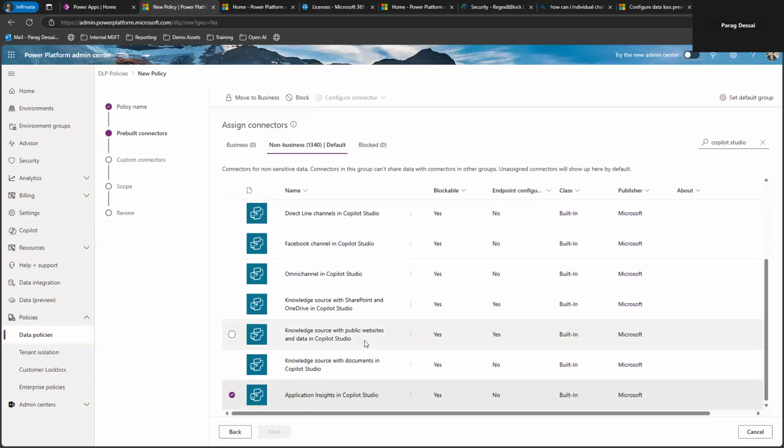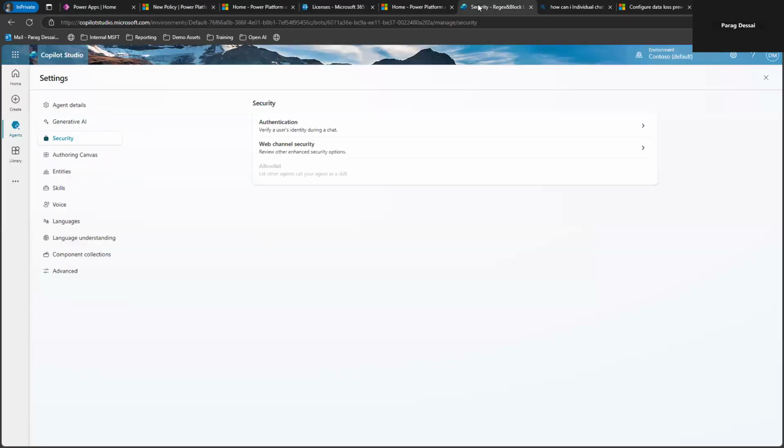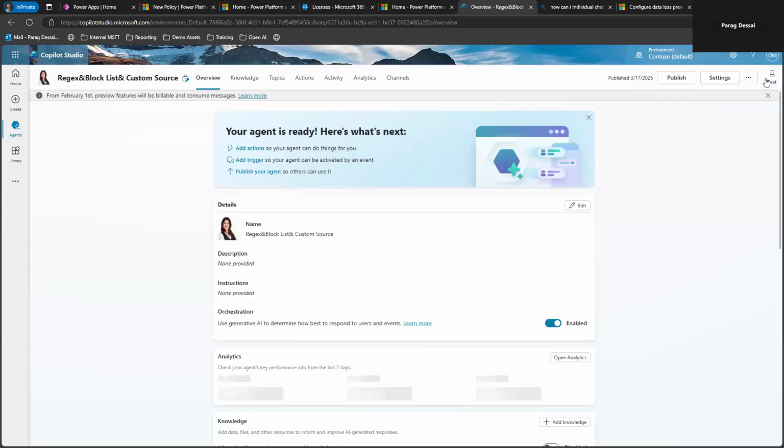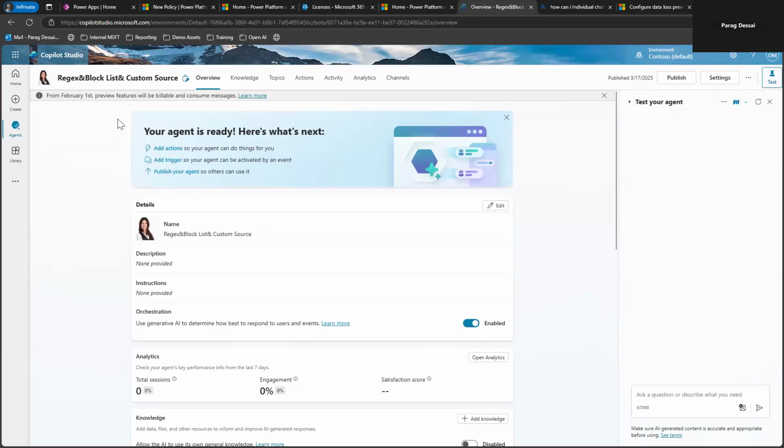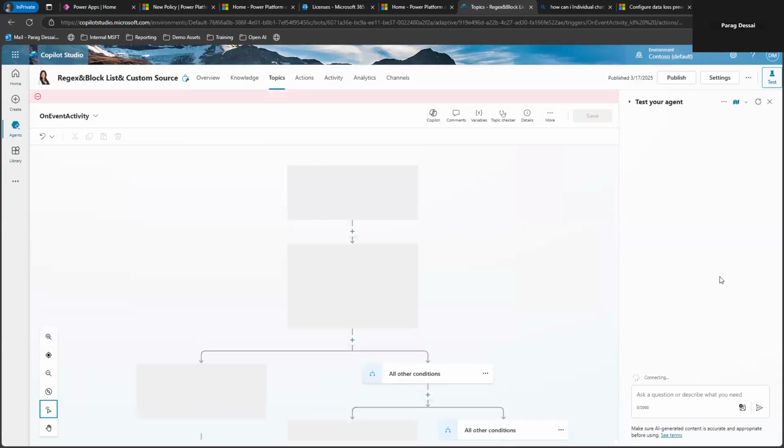And then the last thing I wanted to show you guys was how you can also create a custom filter list for your agent so that you can specify certain words that need to be excluded when your users are searching for that information. So for example, if I look at my agent here, let me just show a quick demo. So for this specific agent, what I have done is